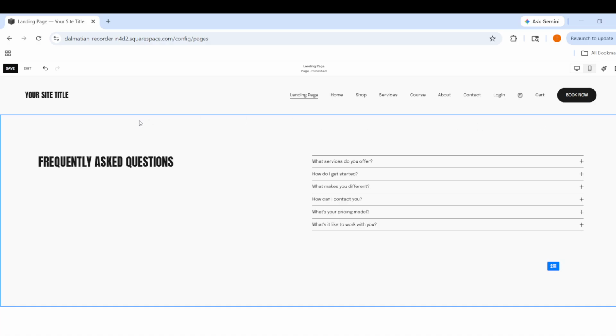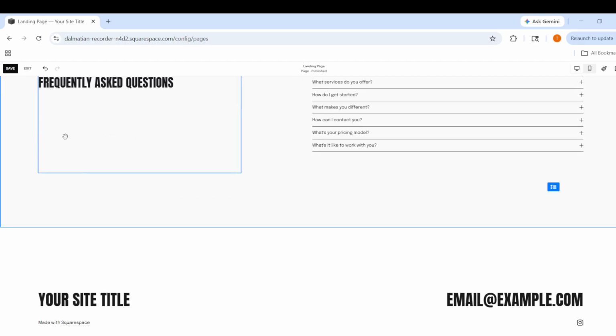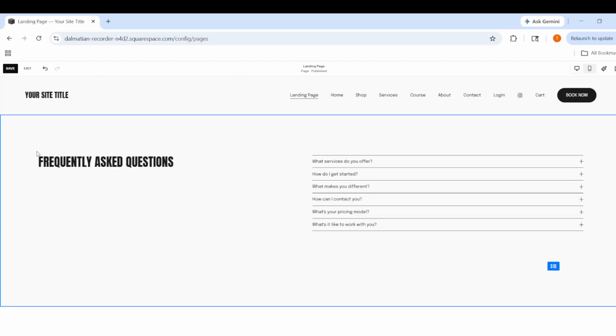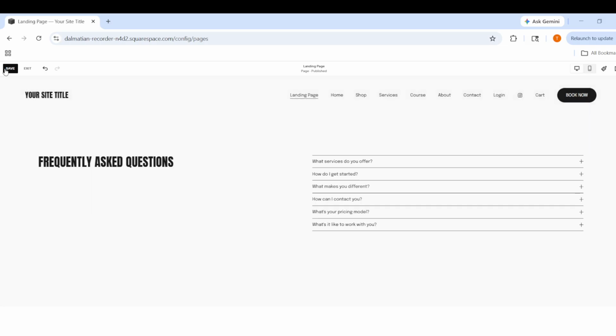As you add content, focus on making sure the message is clear and the layout supports the visitor's journey. For a landing page, you typically want a strong headline, relevant details, and a call to action that encourages someone to take the next step. The editor tools are designed to help you place these elements easily, so spend a moment adjusting spacing and alignment